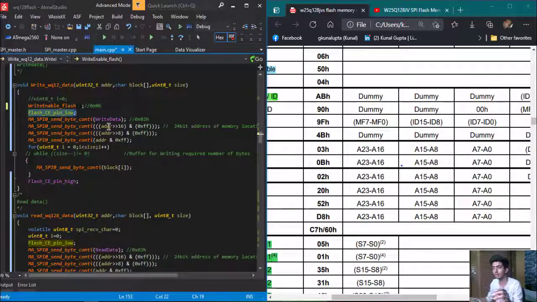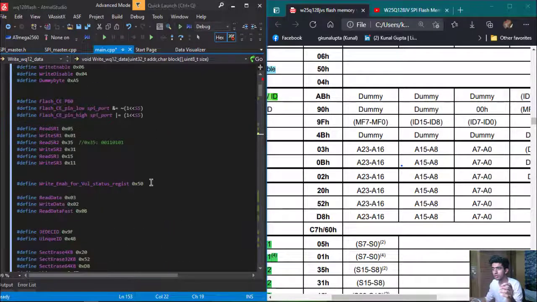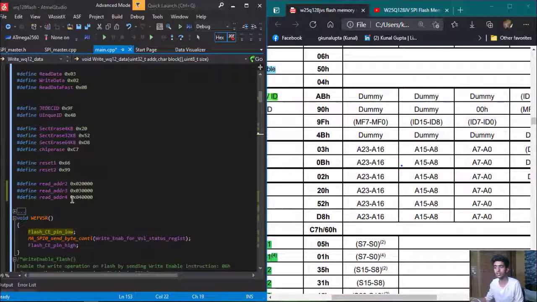As I have told you, in the address I will be sending these contents: read address 1, read address 2, read address 3, read address 4. Its most significant byte is 02, then 00, and then 00.